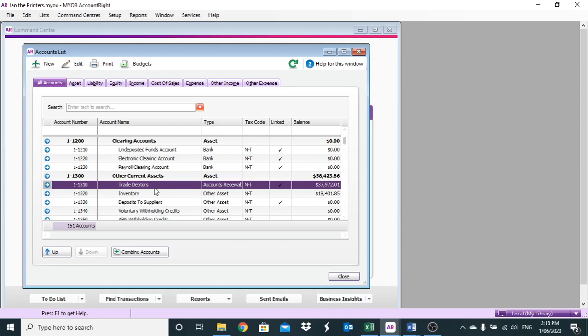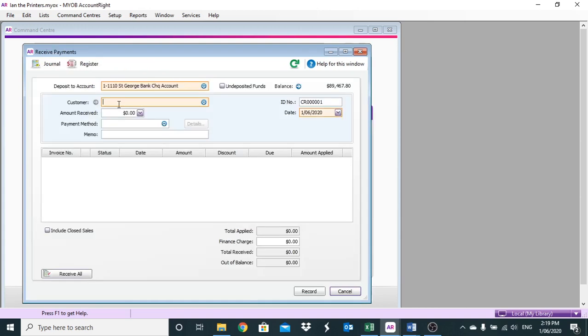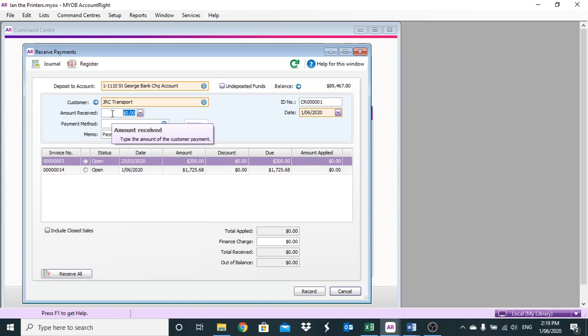Now, first things first, we go to sales. We're receiving payments, and the first one is we've received payment from JRC Transport, and it's for a figure of 172568. Now, the system picks up partial payments. Okay, so it's important that you apply the payment to the correct invoice. I can actually apply it to this invoice here,